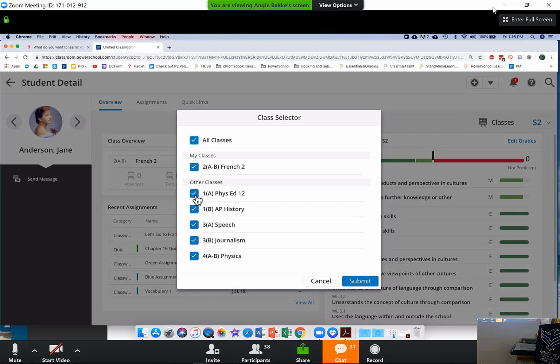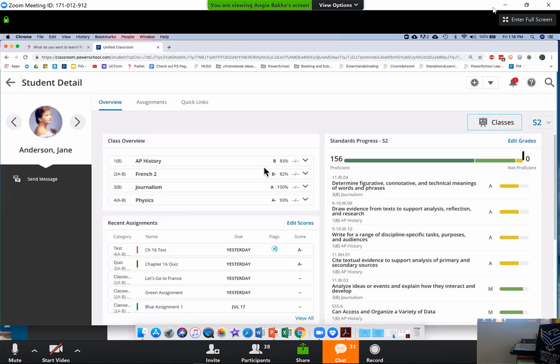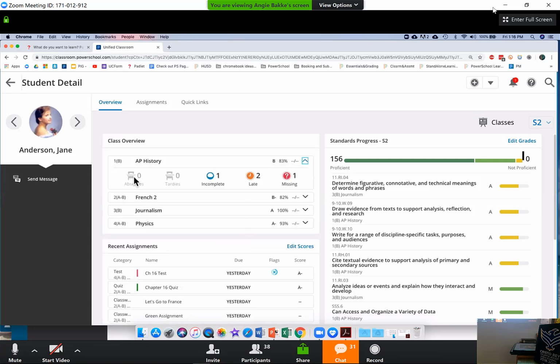I just want to go ahead and see how she's doing in history and journalism and physics. And when I click submit, now look at what I get to see for Jane. These are her grades that she has in AP History. And I hate to sound like an infomercial, but wait, there's more. If I click on that down arrow, I can see how many assignments Jane has missing or late or incomplete